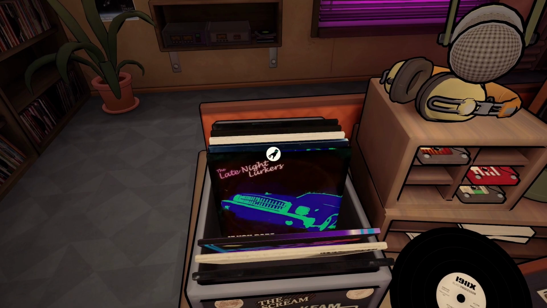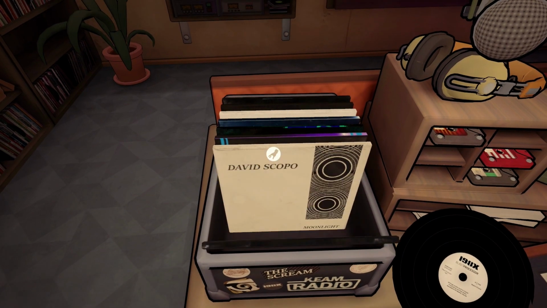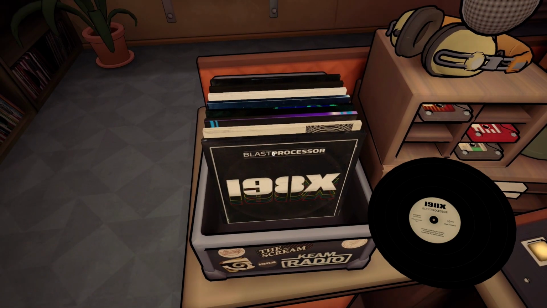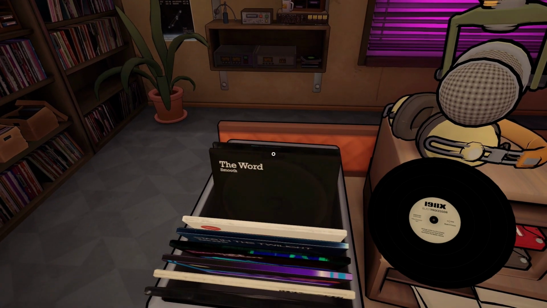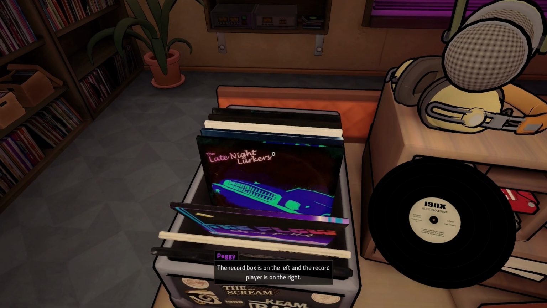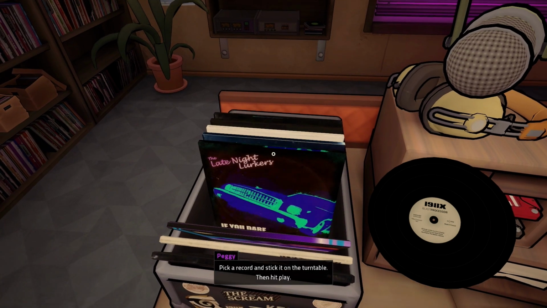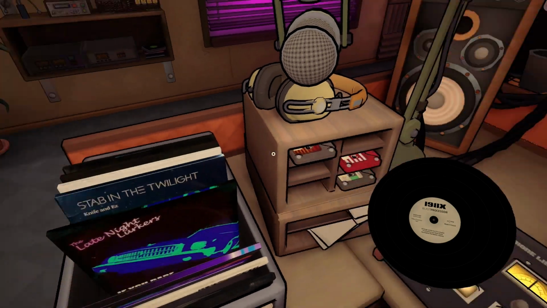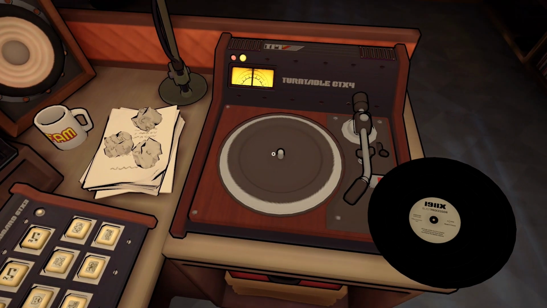Can I pick any record I want? Forrest, I don't want to just grab a record and leave it there. Can I put it back? I don't want to just leave it hanging out. Pick a record and stick it on the turntable, then hit play. I don't know if it's going to let me pick another one. It's fine. All right, how do I put it on here? Do I just...